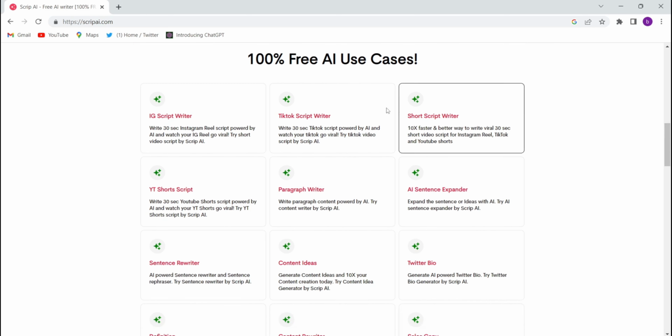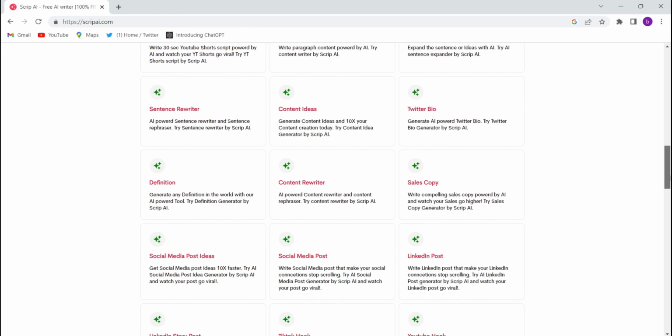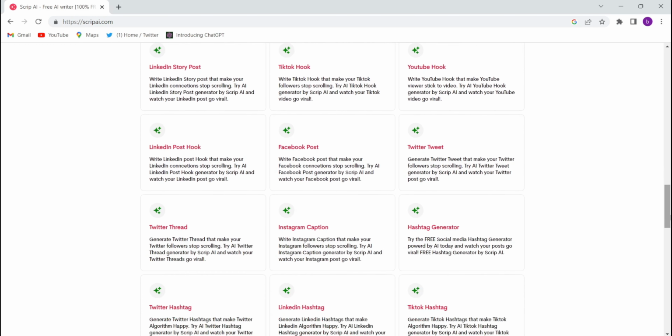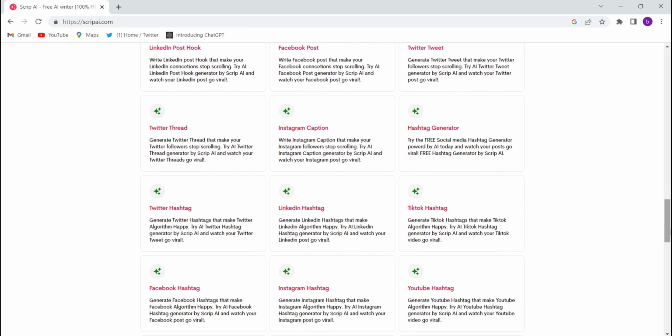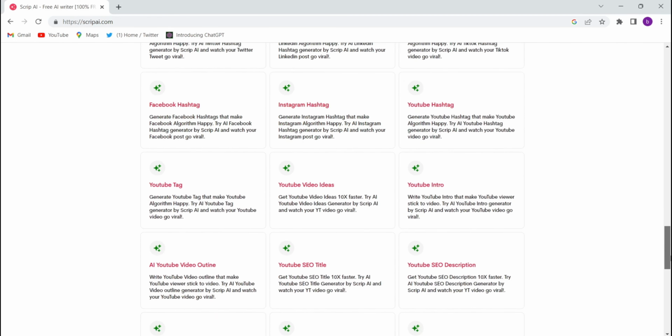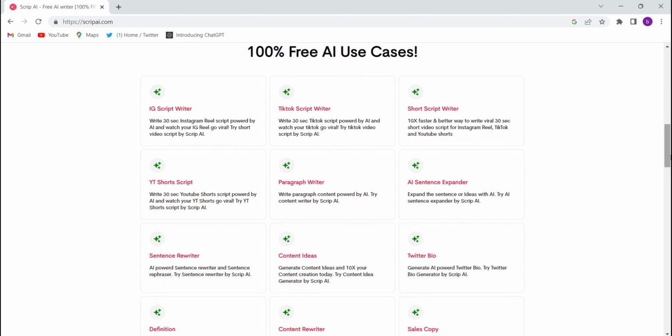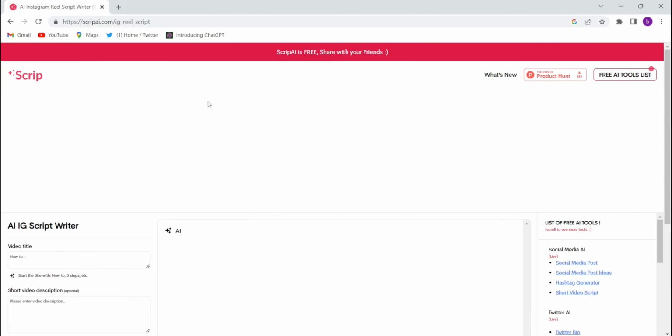You can create Instagram script writing, TikTok script writing, a short script writer for TikTok, for Instagram, for Facebook, for LinkedIn, for hashtags for TikTok. You can create any kind of post for social media. So whatever you want to create, just click on that. Suppose I want to write a script for my reel, so click on that Instagram script writer